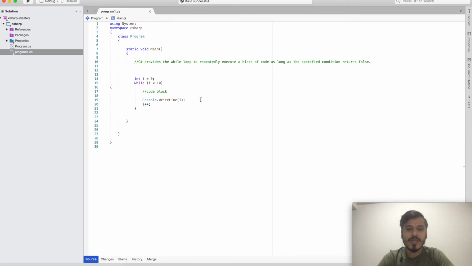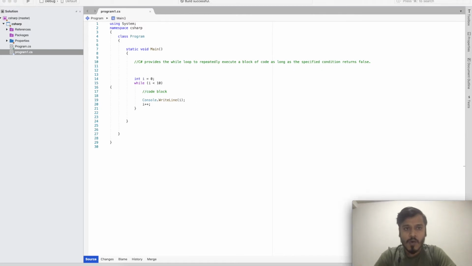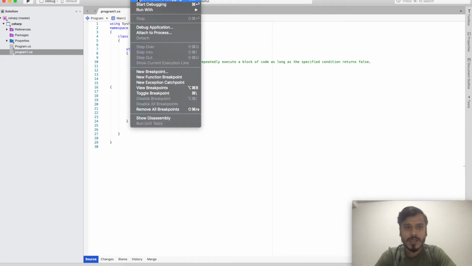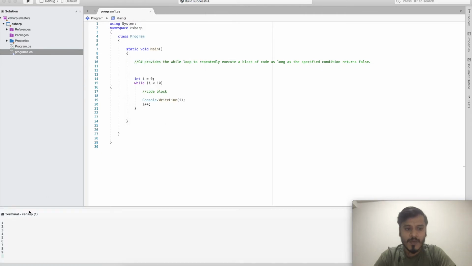So now we can see our code is looking good. So now once we run this, let us see what we are getting. We are getting 0 1 2 3 4 5 6 7 8 9.